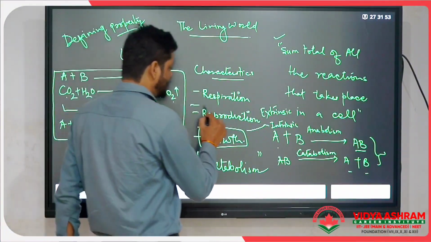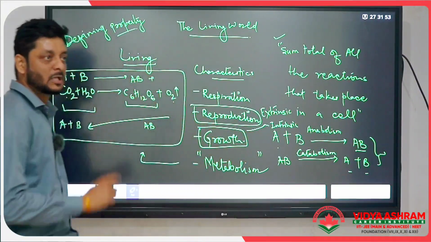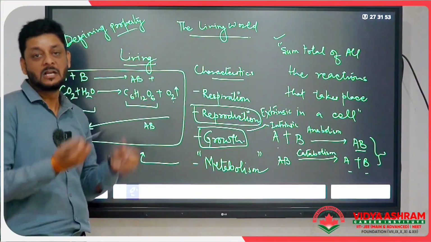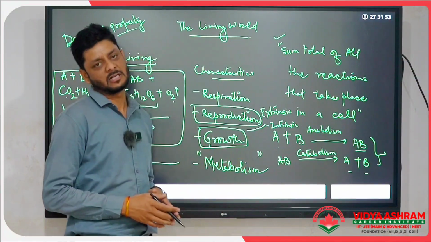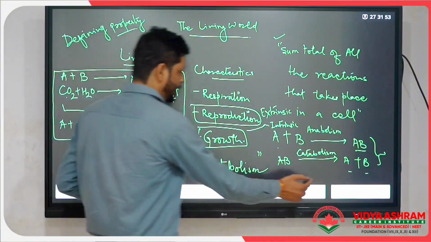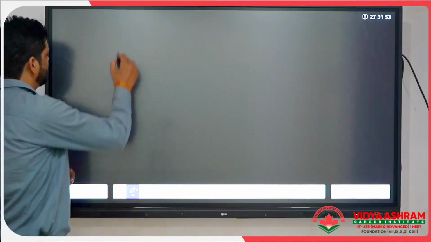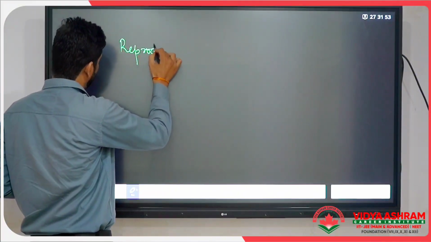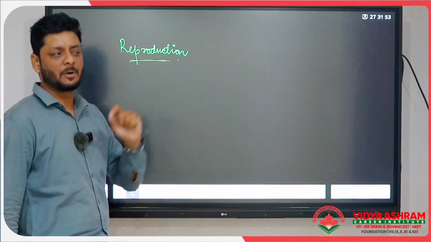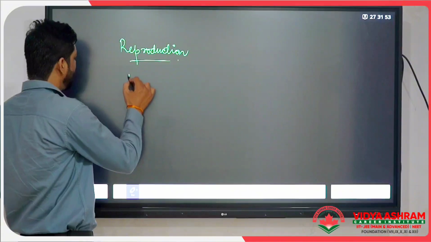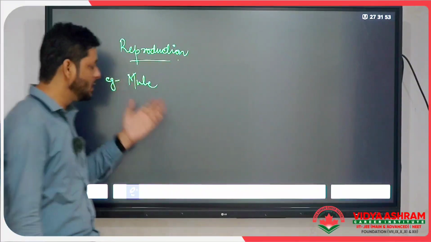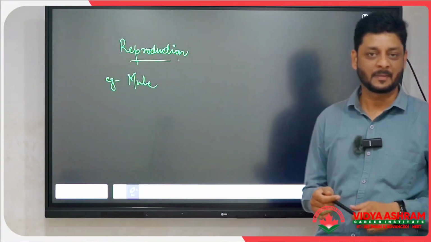Now let us talk about reproduction. Reproduction is also a non-defining property, because if we take reproduction away, the organism can still be said to be a living organism. Some of you might get confused about this, so let us talk about reproduction also. Why is reproduction a non-defining property? Because have you ever heard about the mule? That is an example. The mule is a cross between a donkey and a horse.